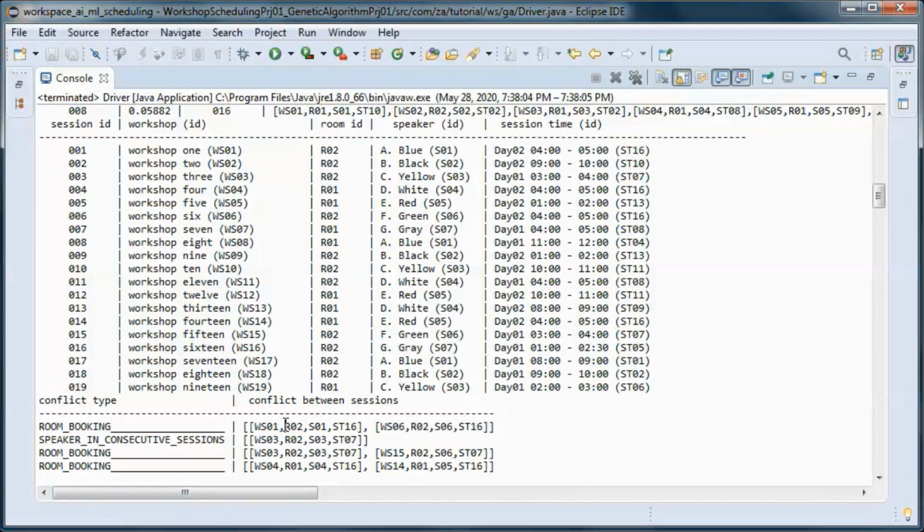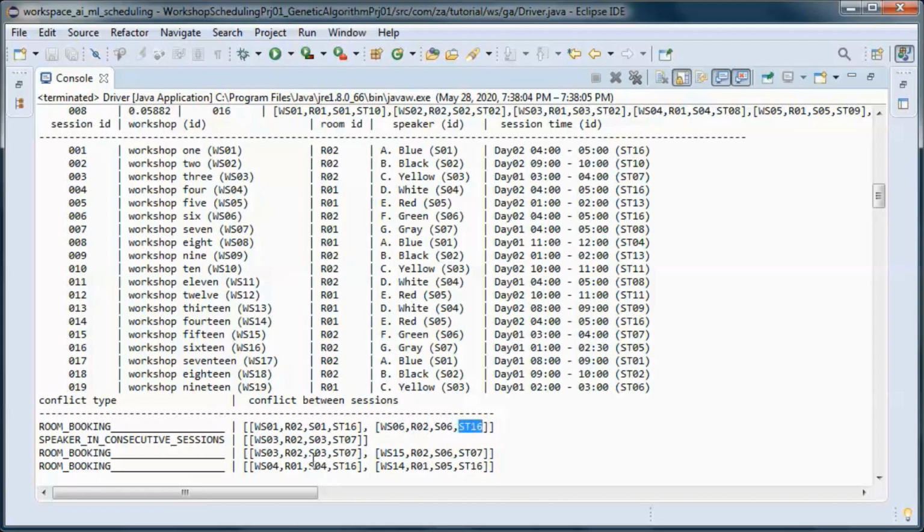So here room 02 is booked for 2 workshops, workshop 01 and 06, at the same session time, 16.